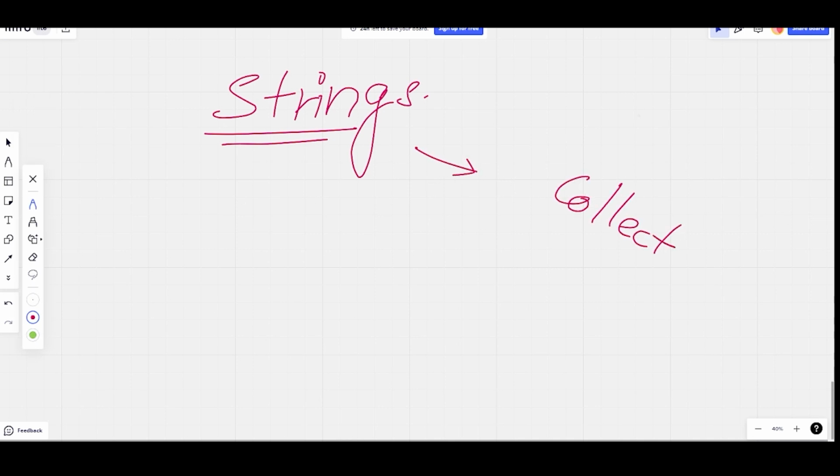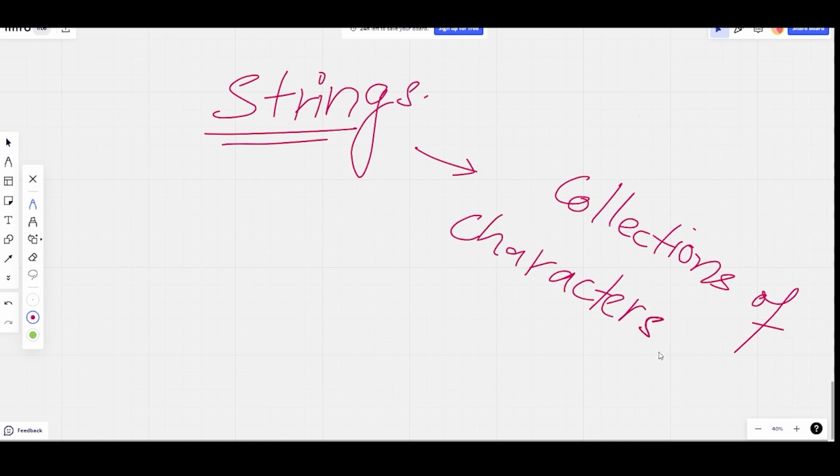collection of characters. It can be any characters, whether special characters, normal characters, alphabets, numbers, anything. But you have to note that it should be either inside double quotes or inside single quotes. Generally, to keep it simple, we don't use single quotes with strings; we use them only with characters. But there is no hard and fast rule that you have to use this or that, whichever you feel better. Generally, when you see a program, you'll see double quotes.